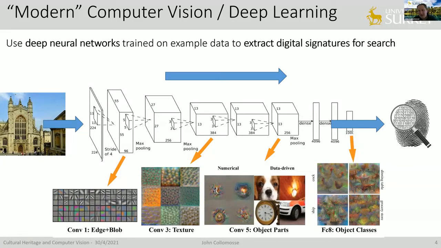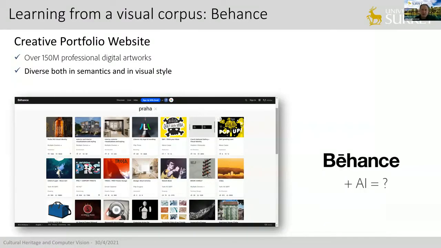One of the consequences of techniques relying on deep learning is that they also rely on the availability of a lot of data. So in order to train a network, we need access to large amounts of visual records in a collection. Let me show you an example of one project we worked on using the website Behance.net, which is a very large collection of artwork that is available online. Basically, creative professionals publish their work on Behance in portfolios, kind of show off their work and get work. So on the Behance website, there's a huge amount of content, over 150 million digital artworks, highly diverse in terms of their visual style and their semantics.